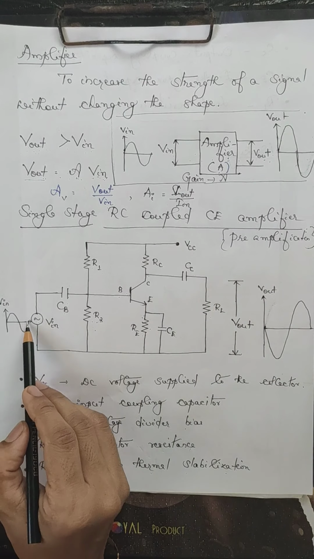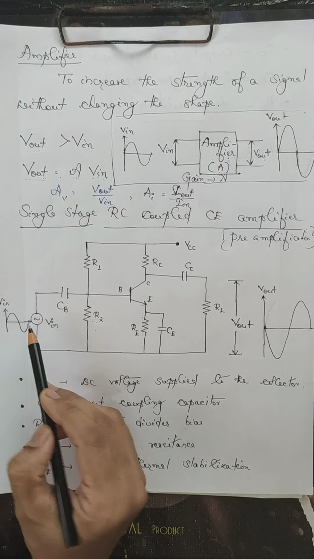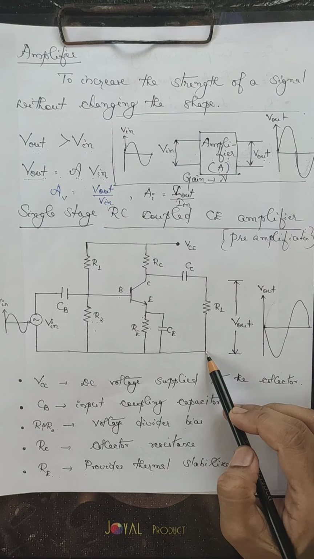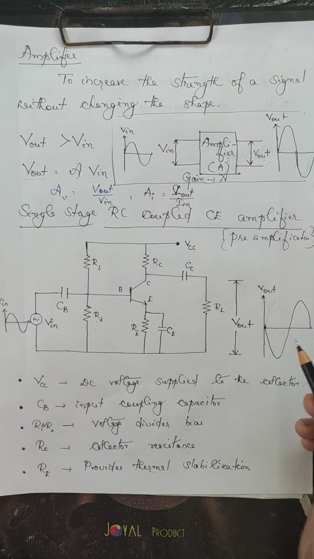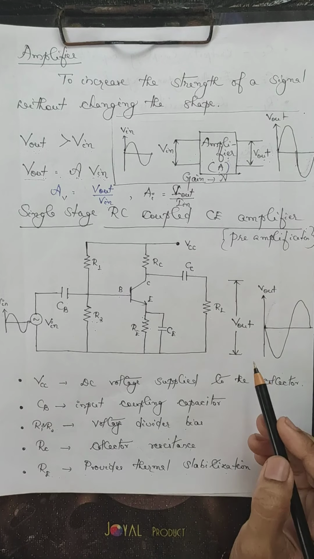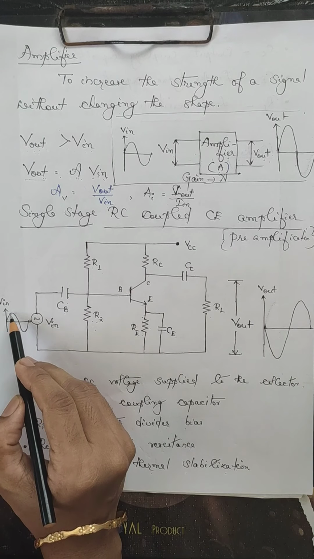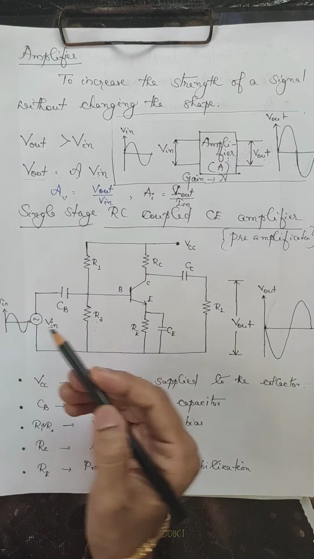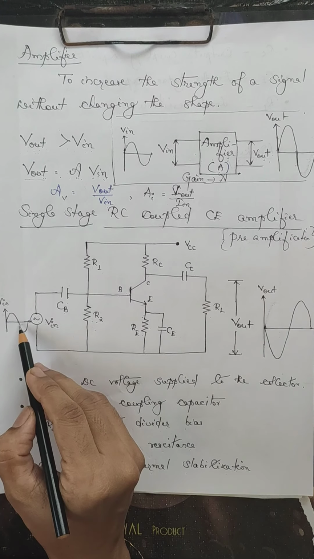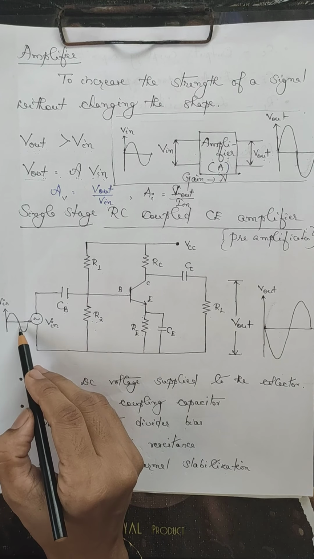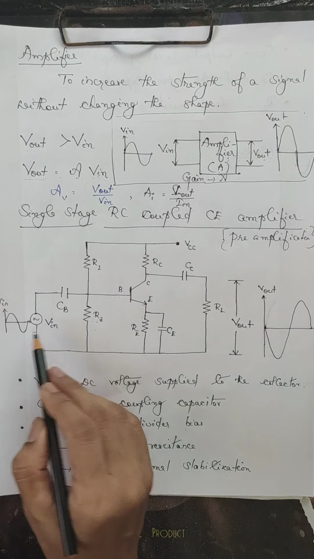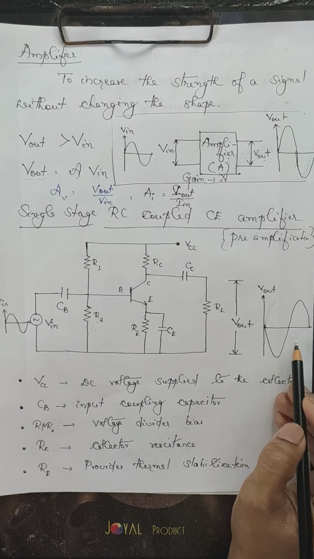So this is the input voltage that we are giving to the circuit, and this is the voltage that will be obtained across the load resistor RL. So we can see that the magnitude of the voltage has increased. But there is one problem. When the input voltage is positive, here we have got a negative half cycle of the output voltage. And when the input voltage undergoes its negative half cycle, the output was positive. So why so happens? Let us look into it.